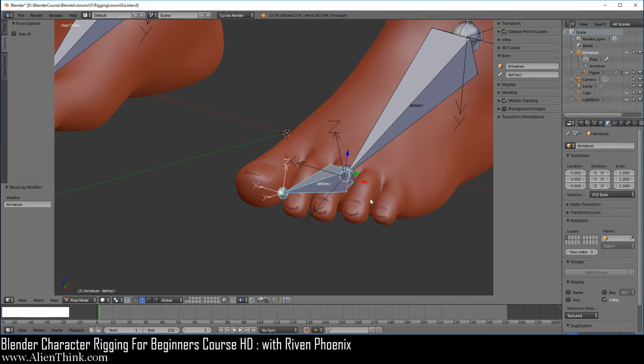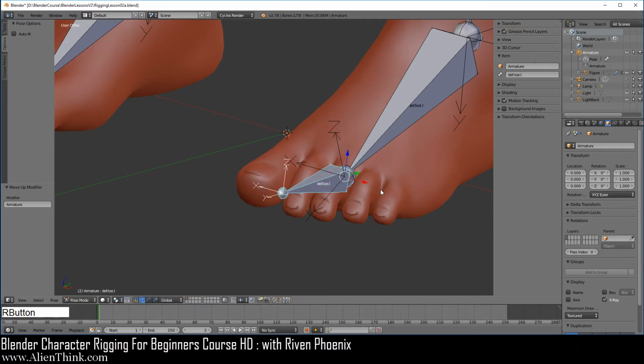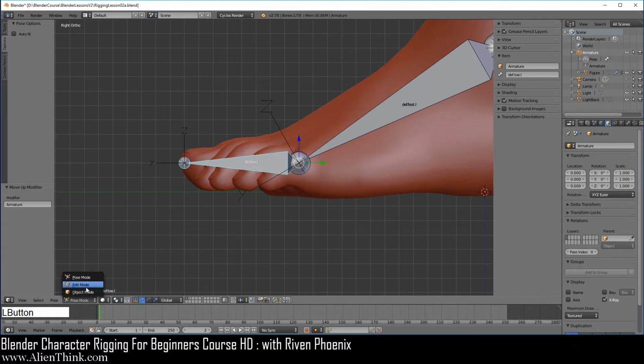So over here, if we press the R key and press the X key 2 times, here we are rotating around the x-axis on the head of this bone. And where the z-axis is pointing, this is the major movement and this is the minor movement. Right click to cancel. So this is what we're going to be doing when we're looking at all the bones on our rig. So looking at this bone, what we want to do is actually press the 3 key, shift middle mouse button over here, and switch to edit mode.